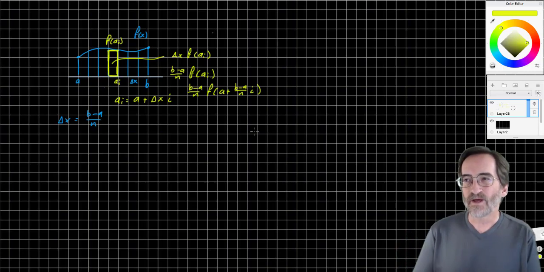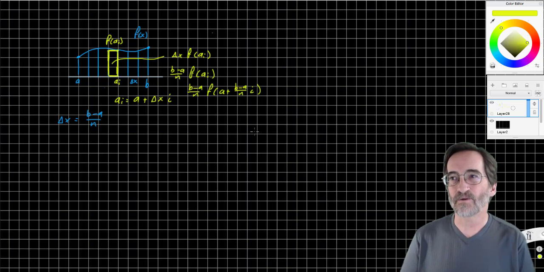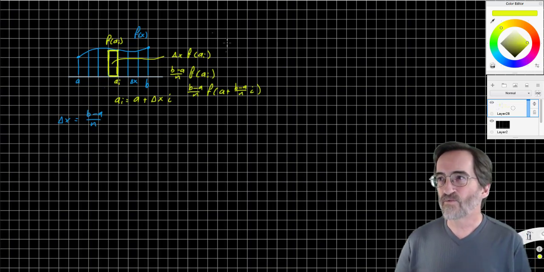Okay, so that's the area of a single rectangle. Now, the idea of a Riemann sum,